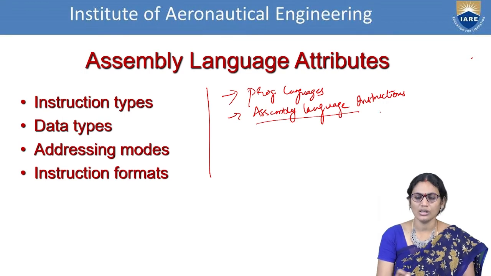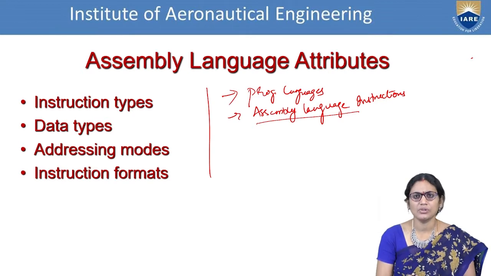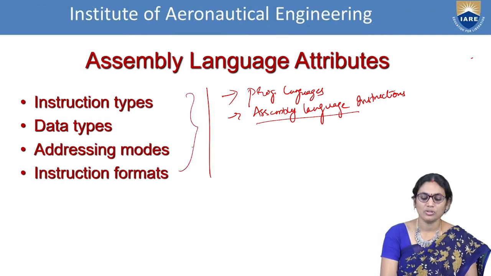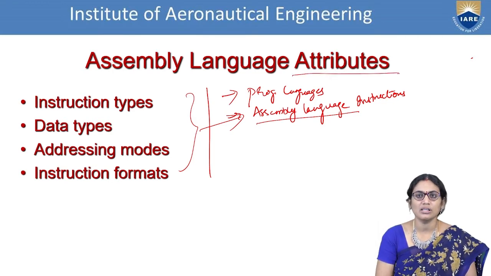Now, in the context of assembly language instructions, it should also say for what purpose this instruction is meant. For example, I am giving some statement. That statement is intended for what purpose? That means I am first interpreting that. Then, based on the functionality of that particular operation, I need to instruct the machine to perform the corresponding task. And next one is, how can the data be stored in it? I also have to see how I can operate on two different sources of data within a single operation. So as a part of this, we are going to discuss the 4 issues with respect to assembly language instructions, and we are calling them attributes of the assembly language.